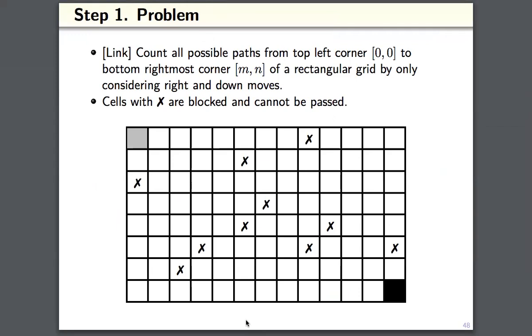You cannot pass through those points. So that's the exact same idea here, right? Some cells are blocked. You want to find the total number of paths from (0, 0) to (m, n) with right and down moves. Exact same problem,